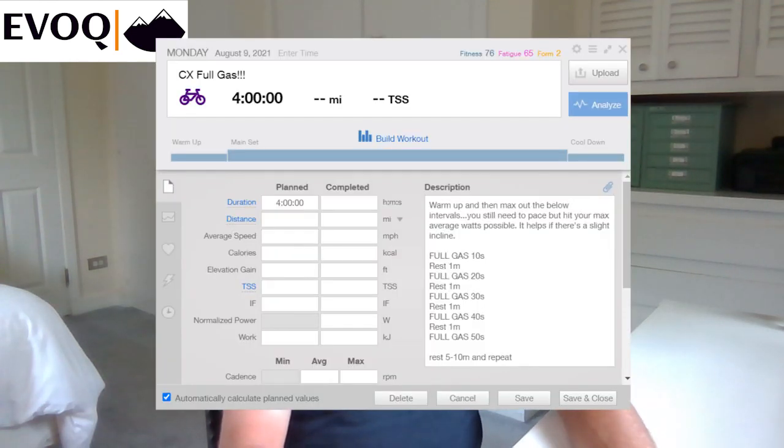Again, there's the physical part here. There's also that mental part of getting used to going deep, being in the red, and then responding, recovering, knowing when to recover. So a workout here, this is pretty basic. 10-second all out. This would be one workout, not continuous, but you're doing 10 seconds as hard as you can, 20 seconds as hard as you can, 30 seconds, 40 seconds, 50 seconds, a minute. So that would be 6 efforts, spaced out with full recovery between each, 7 to 10 minutes, even more than that.